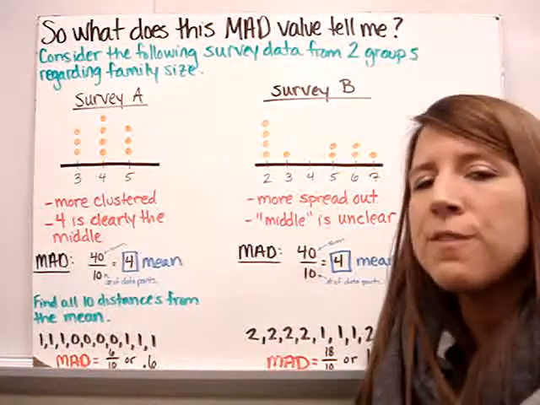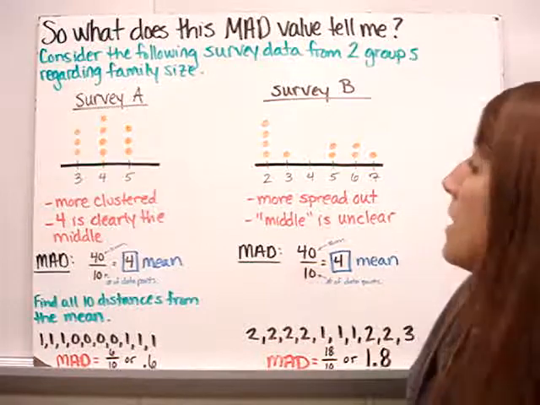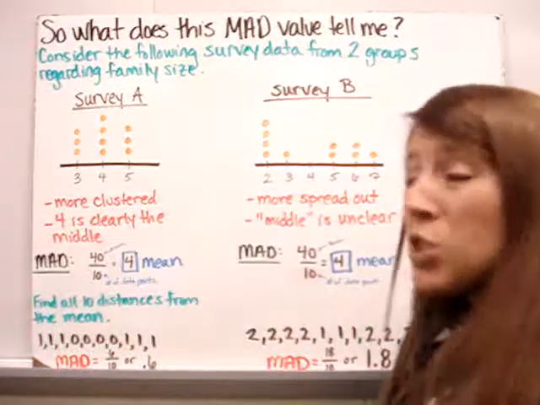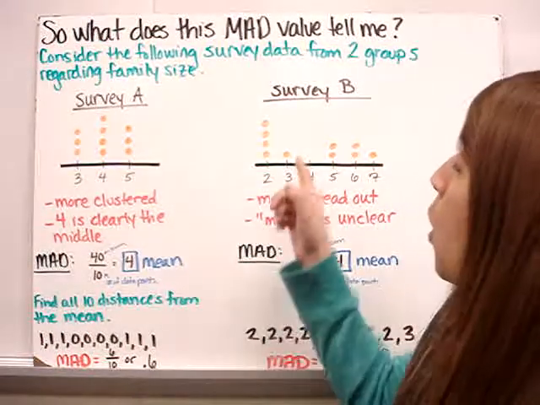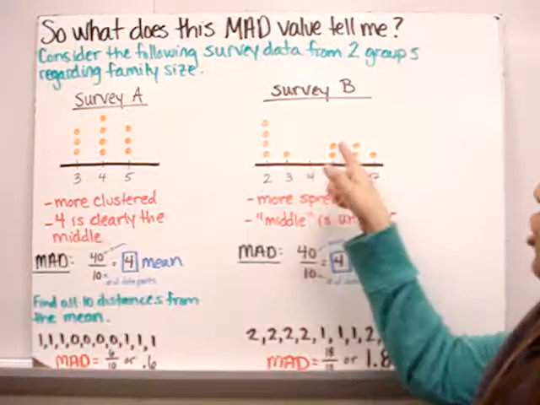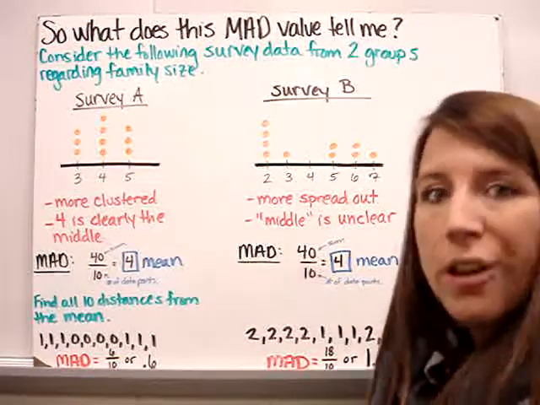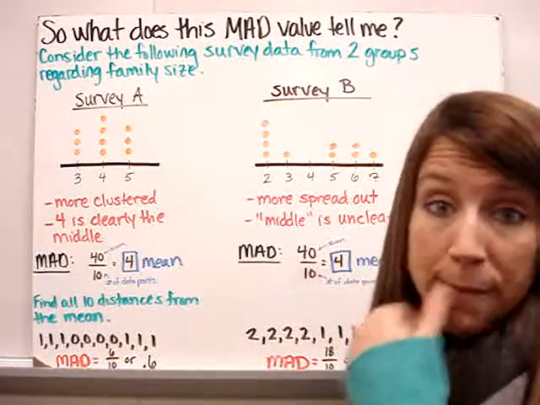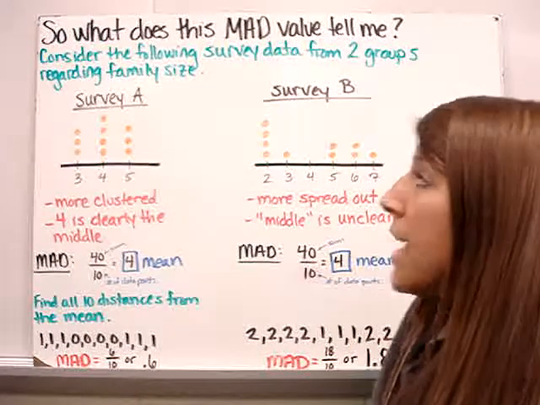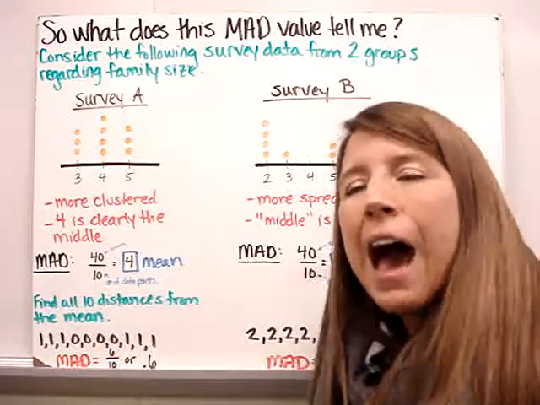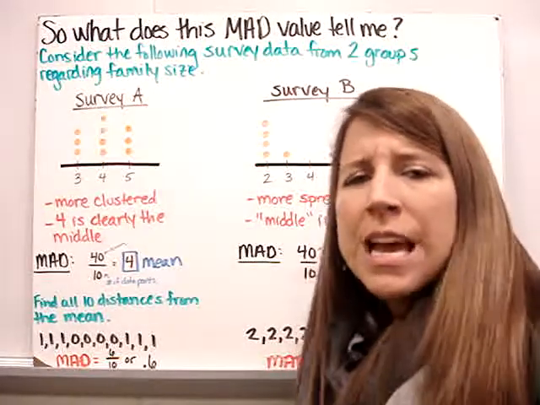However, the results of survey B are quite different. You can see that 4 people answered that there were 2 total people in their family. 1 person answered 3, 2 people answered 5, 2 people answered 6, and 1 person answered there are 7 people in my family. So the mean absolute deviation is going to tell you how that data is spread out